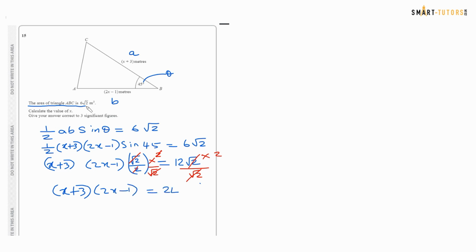So I'm going to end up with x plus 3, 2x minus 1 equals 24. Now we need to expand this bracket. So x times 2x, 2x squared minus x plus 6x minus 3 equals 24. Bring everything to one side and make it a quadratic equation, which is 2x squared plus 5x minus 27